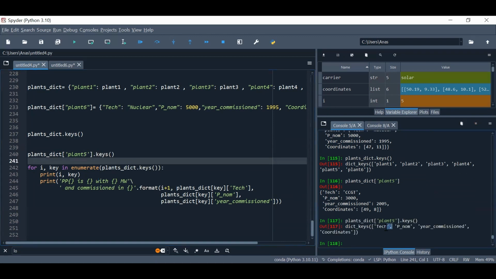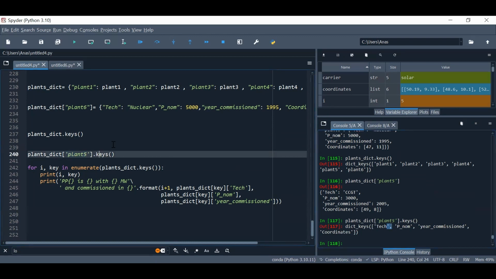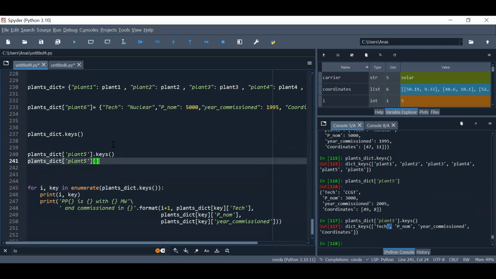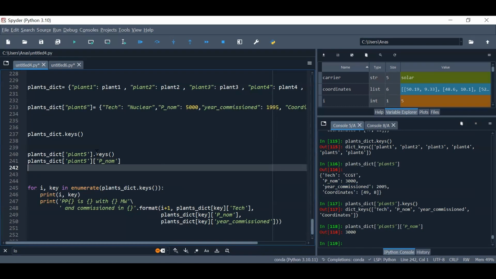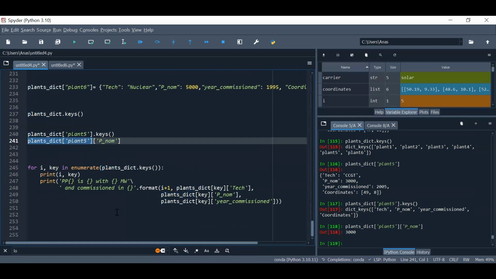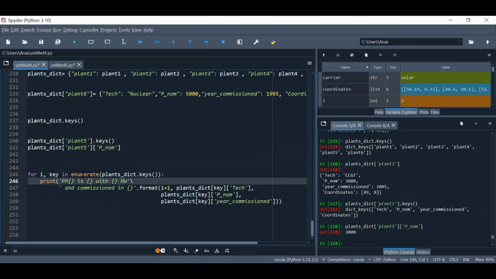Each time you want to access it, you need to have the first key, and then the second key. The second key, for example, let's say capacity. So this is the key for this dictionary, and this is the key for the whole of it. So now if we run this one,